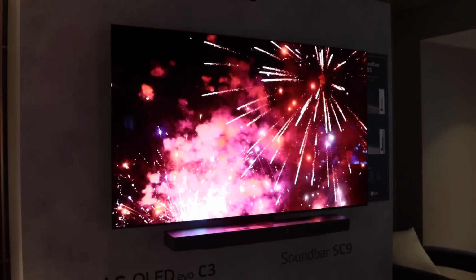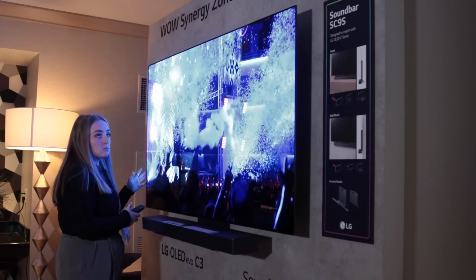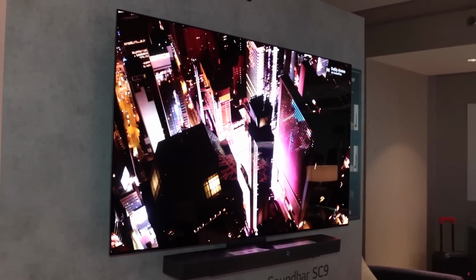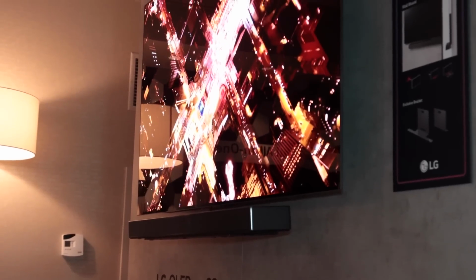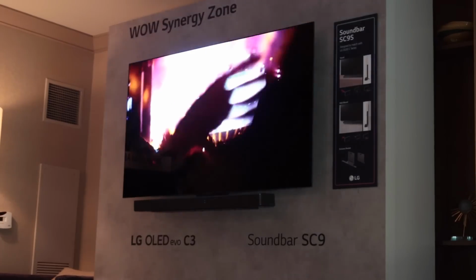The LG C3 OLED TV is the latest iteration of LG's most popular 4K OLED TV of the year. It's back with a handful of upgrades that could make the best TV of 2022 even better for 2023. It does look similar to the LG C2 from last year, notably featuring this lightweight composite fiber material that makes even the 65-inch configuration more manageable for one person to set up, though you'll see a full array of size